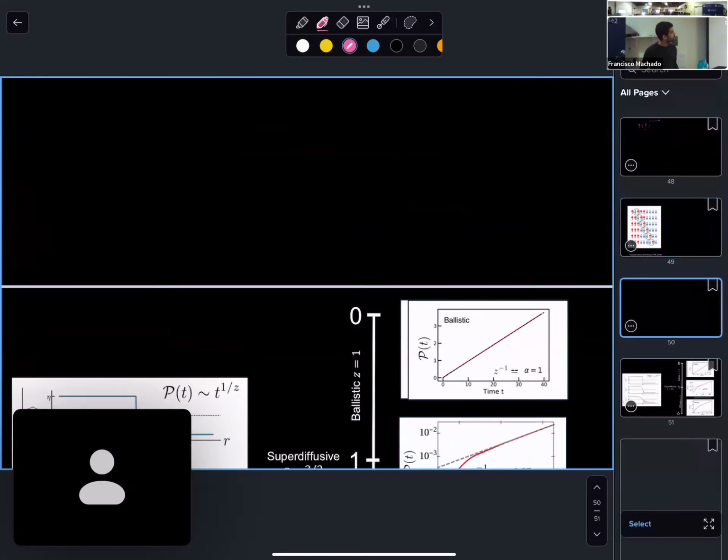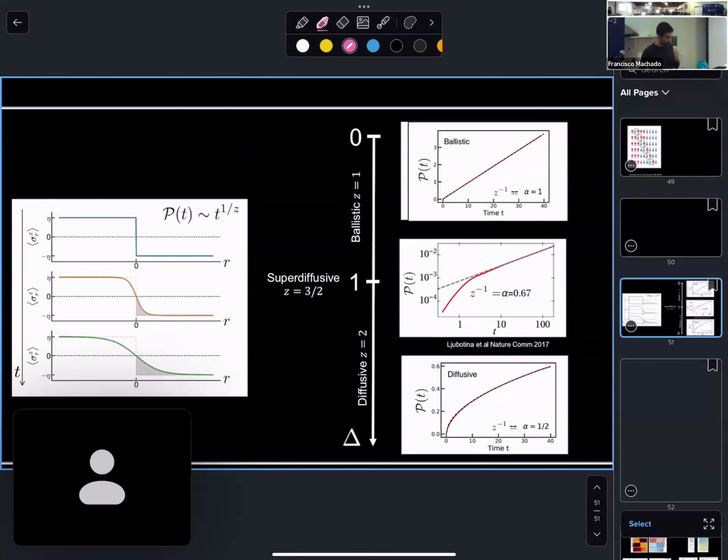And we can quantify this, and let me jump onto this plot. The way that you can do it is you can prepare a small spin imbalance, and you can see how much spin goes from the left side of this imbalance to the right side of this imbalance. And you can quantify this in the way that it scales with time. And if I have a ballistic system, there's going to be particles over here on the left side of my system. And as they move ballistically to the right,